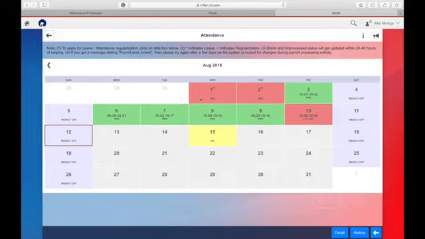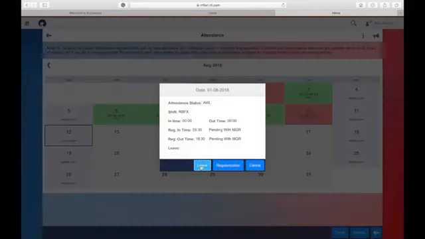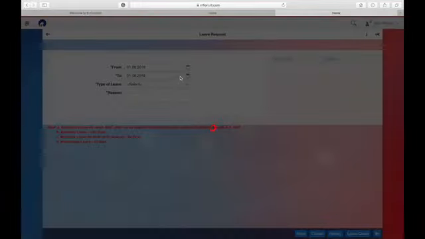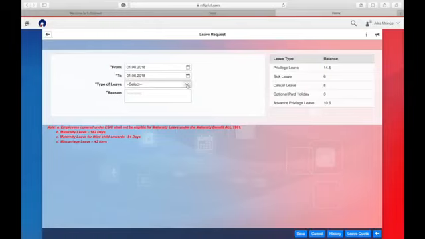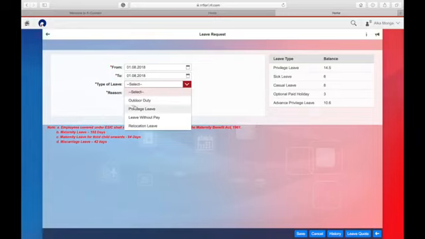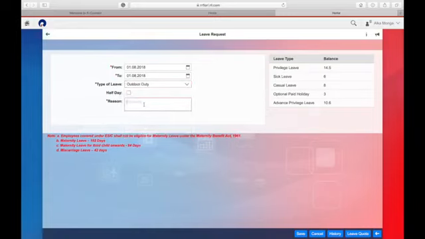If in case it is a leave for you, you can go and apply for leave from here. You can select the date, you can select the reason why you were on leave and say submit. It has to be approved by your reporting manager. If there's an outdoor duty, again it can be marked from this similar tab of leave. So you can select outdoor duty, you can again give the reasons and say save. It will again go to your R1 and once R1 approves, it gets recorded into the system.